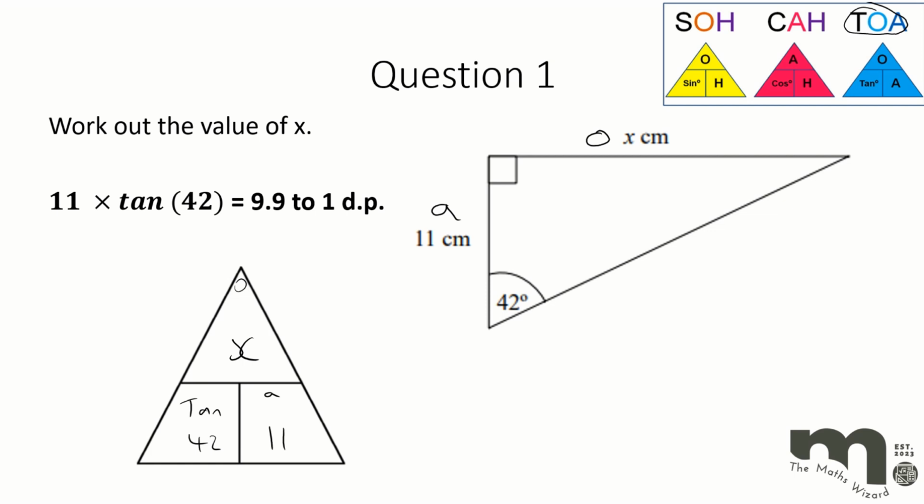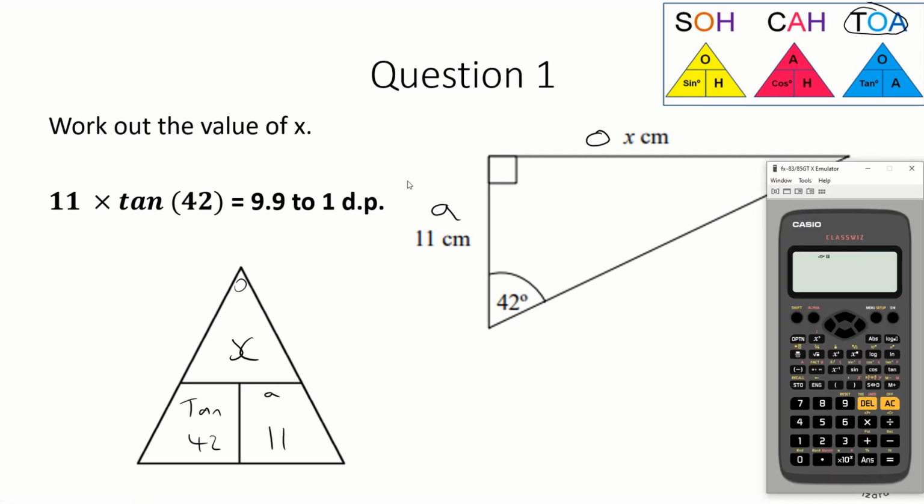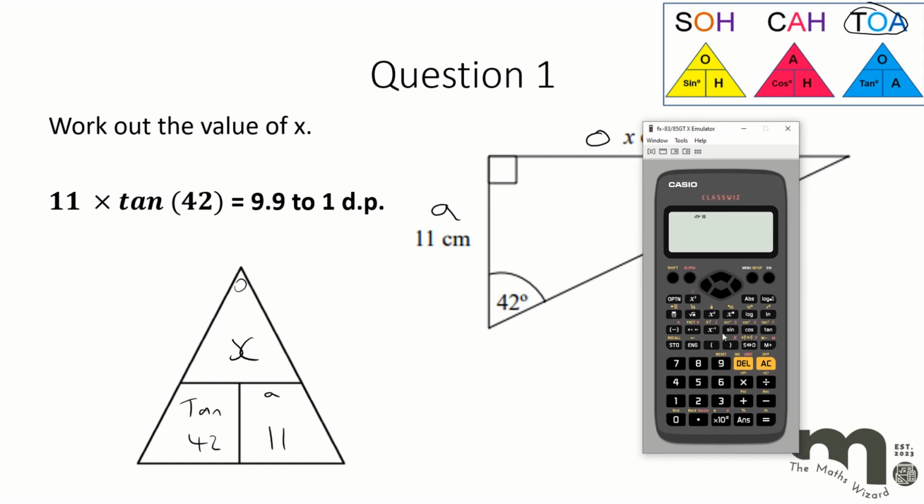Now what I would always make sure is that you write in your number first. You can multiply any way around, remember, so your basic rules of number apply. But what's really, really important is you don't do what I'm going to show you now. What you can do wrong is put the tangent of 42 in here, and then press times 11, and it will do it wrong. Because it will do 42 times 11, and then find the tangent of that. So you've either got to press tan 42 and close your brackets,